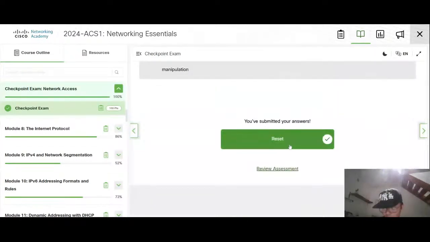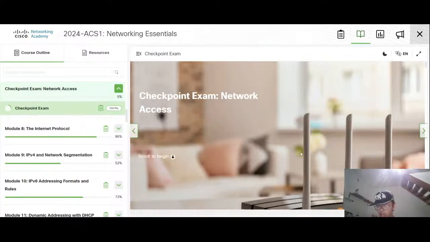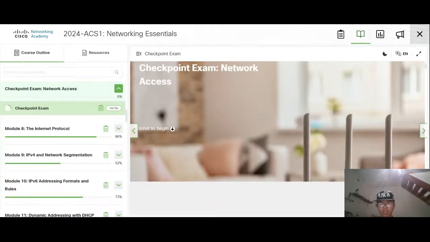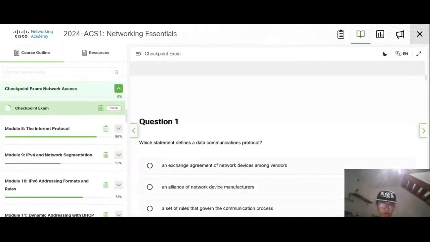Okay, right. Reset. This term I am aiming at the checkpoint exam. I will do it, although I don't know whether I passed or not. I have passed it.